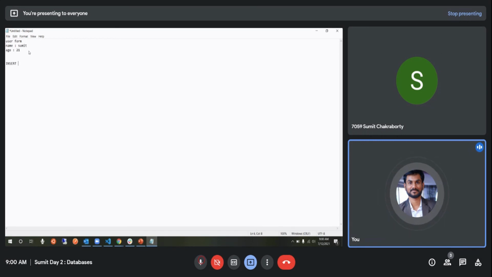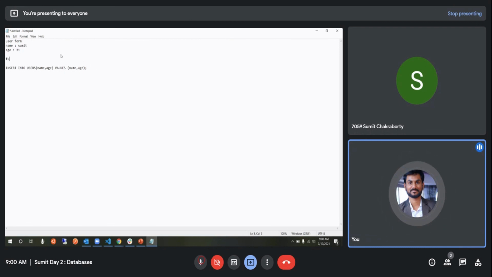Behind the scenes, it is insert into users, because users is a table name. Okay, and then you have the column names, which are name and age, and then you say values. Okay, and then you pass your name comma age. Right? So now name and age will get replaced with Sumit and 21 each time.